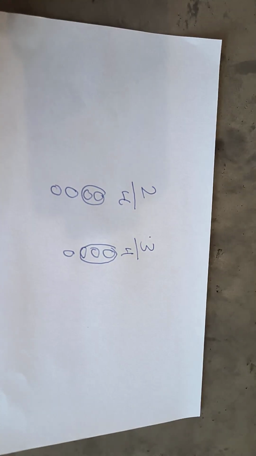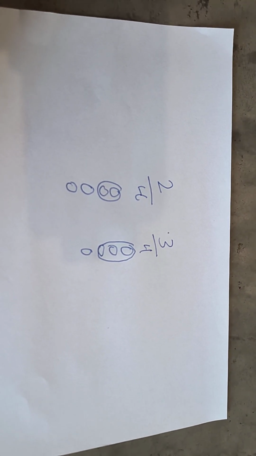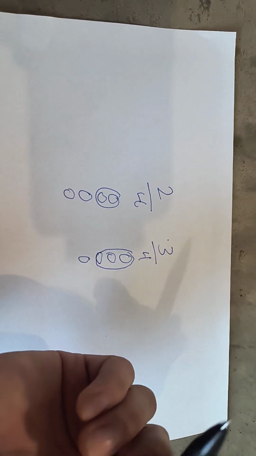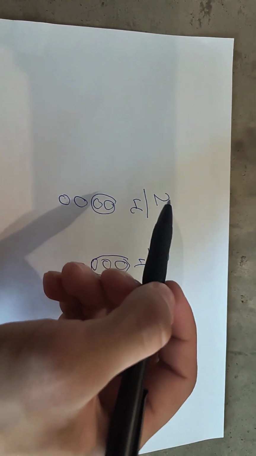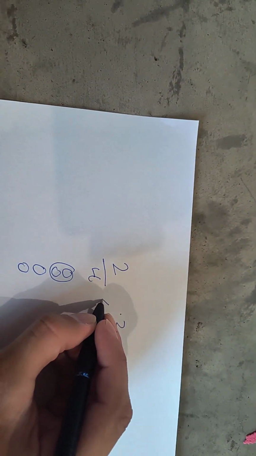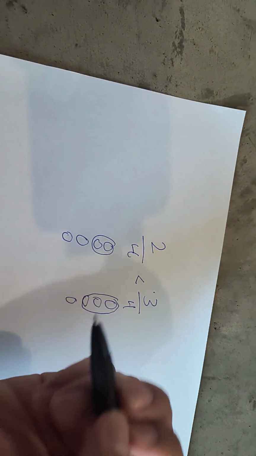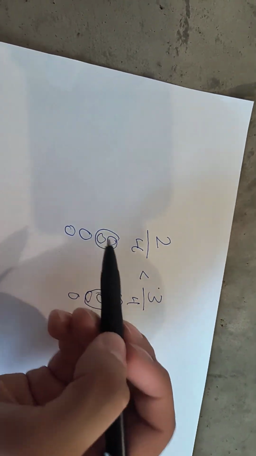3 out of a group of 4. Is that greater than, less than, or equal to 3 out of a group of 4? Well, this is less than. 3 out of a group of 4 is greater than 2 out of a group of 4, because in this one, you only have 2 out of a group of 4, which means you have a smaller